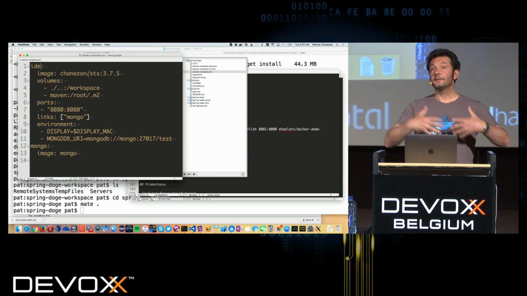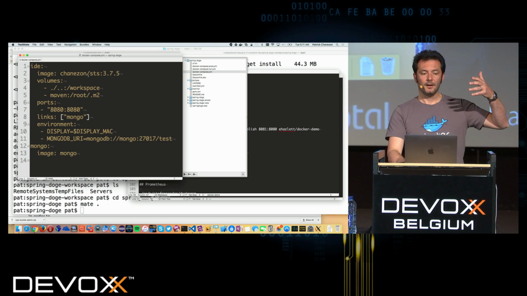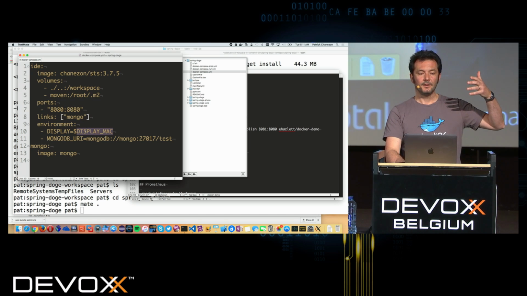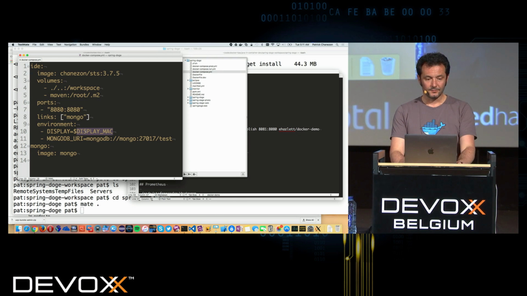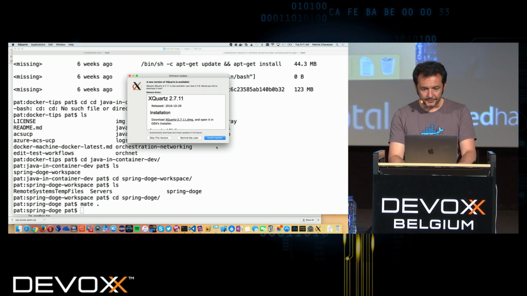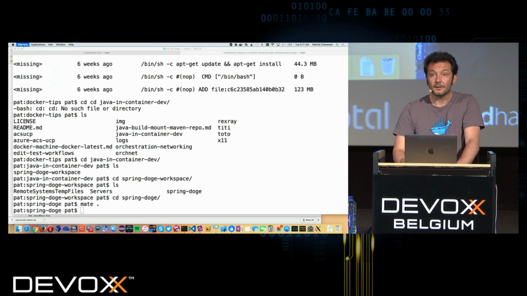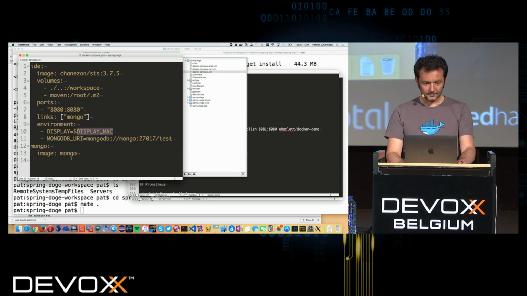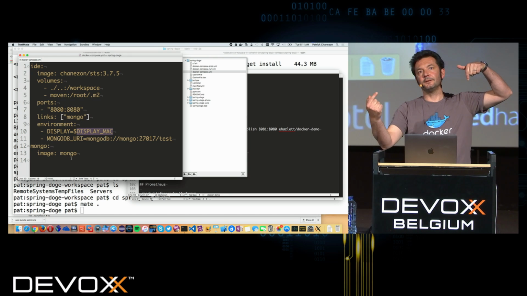I'm running the IDE inside of a container, and I'm passing to it the display variable, which is the IP address of an X server that I'm running on my Mac. On my Mac, I have an X server that's called XQuartz. XQuartz is running X applications here on my Mac. And inside of the container, I pass to it the IP address of the Mac as viewed from inside the container.